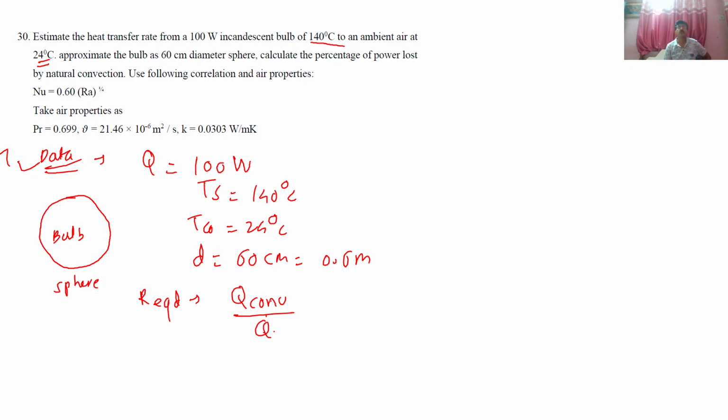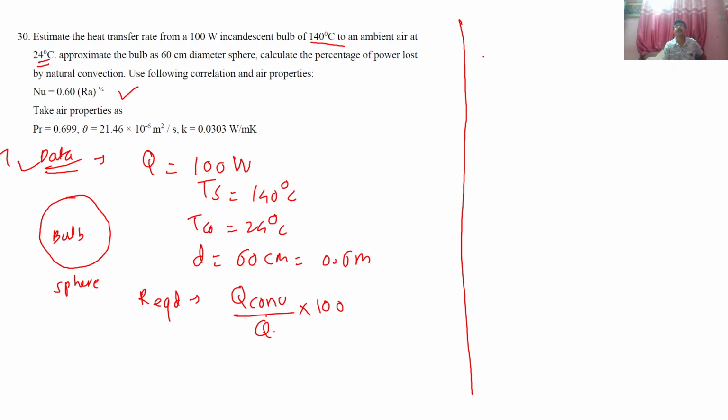लाइट। सो ये जो इलेक्ट्रिसिटी है, वोल्टेज इंटू करंट प्रोडक्ट, उसमें से कुछ लाइट बन गई और कुछ हीट कन्वेक्शन से लॉस हो गई। तो परसेंटेज कैसे निकालेंगे? Q कन्वेक्शन डिवाइडेड बाय 100 वाट इंटू 100, ओके। तो कुछ नहीं, Q कन्वेक्शन तो निकालना ही है, एक स्टेप हमारी बढ़ गई। Use following correlation, एक ही है तो चॉइस नहीं, अच्छा है, और प्रॉपर्टीज आर गिवन टू यू। सो लेट्स स्टार्ट।